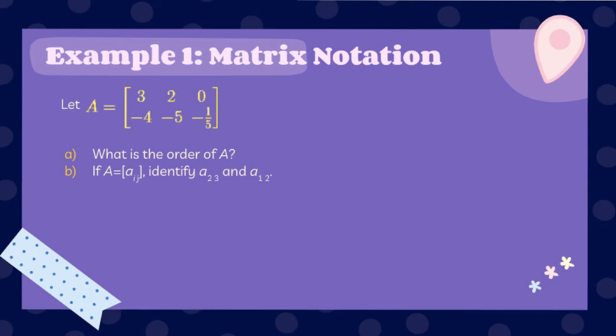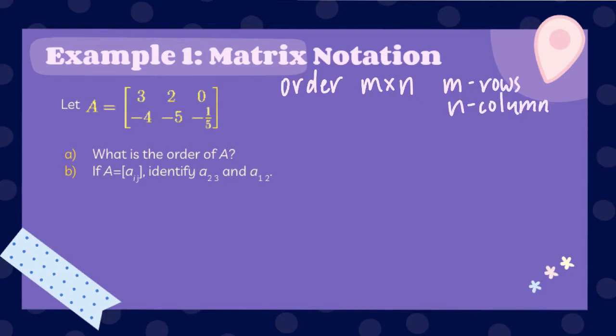Example 1, matrix notation. Let A equal 3, 2, 0, negative 4, negative 5, negative 1/5. Part A: What is the order of A? The order of a matrix is denoted by M times N, where M is the number of rows and N is the number of columns. So the order of A